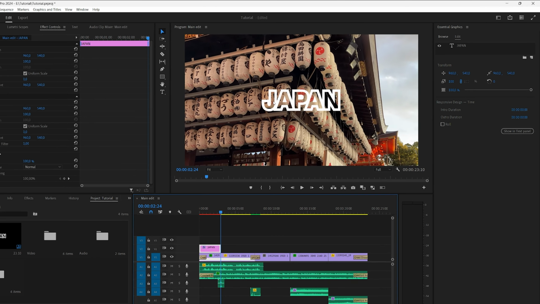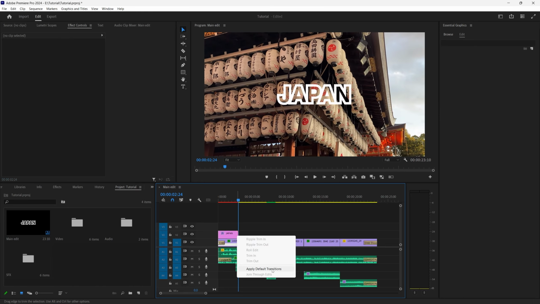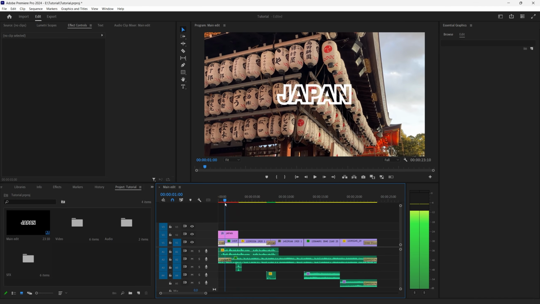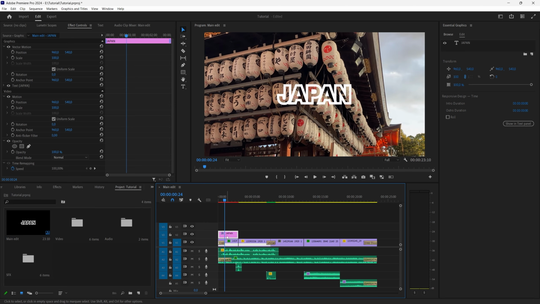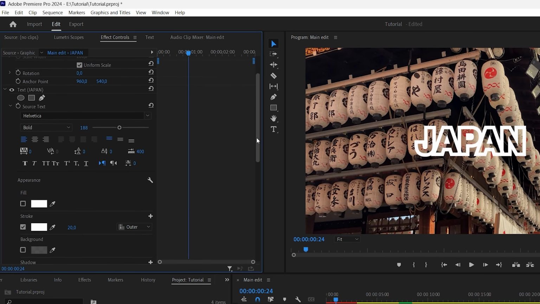I want my text to fade in and fade out. We can, of course, go to the text clip, right click, apply default transitions to the back and to the front of the video, but there is a more precise way, and that's with the opacity. So I want my text to start fading in as soon as this transition ends. So like this. I'm going to go to the effect controls, pull down this little arrow, drop this down,